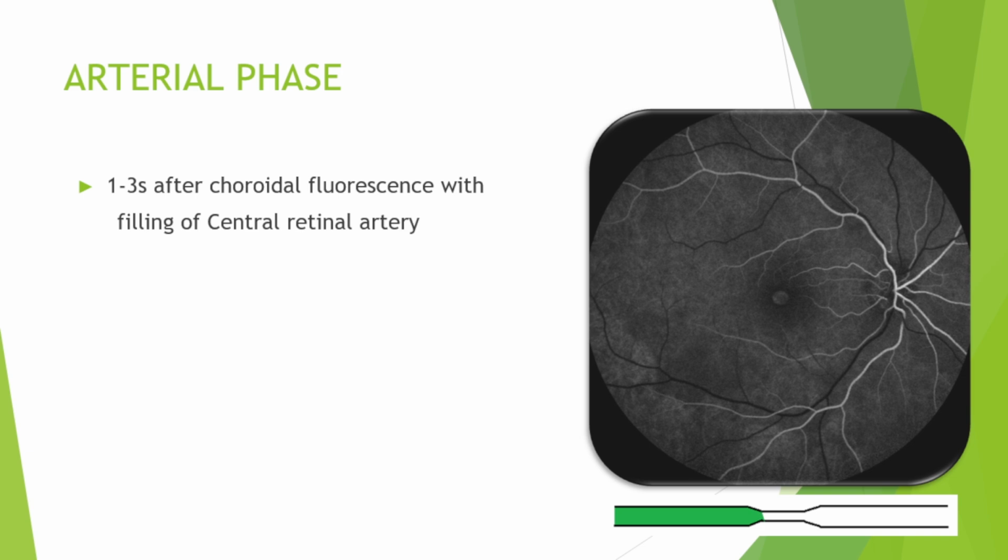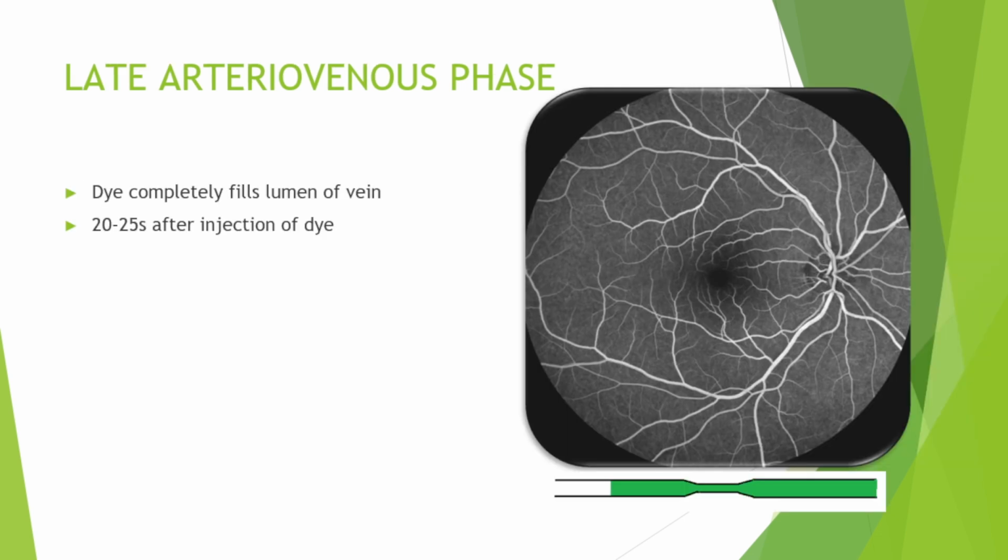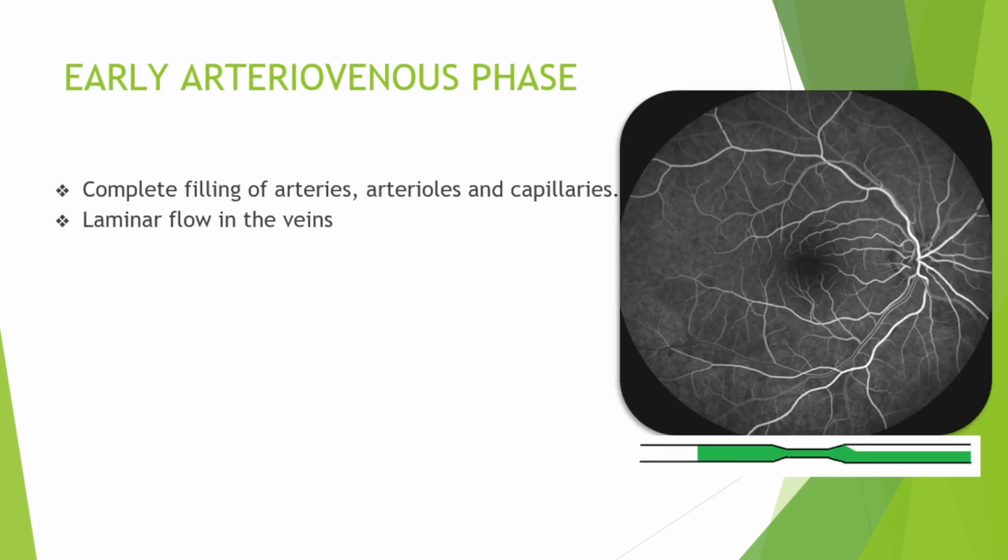Arterial phase happens 1 to 3 seconds after the choroidal fluorescence. You can see the filling of the arteries. The central retinal artery is getting filled. Next is the early arteriovenous phase. This includes complete filling of the arteries, arterioles, and the capillaries. Laminar flow of the veins is also seen in this phase. This laminar flow of the vein is due to